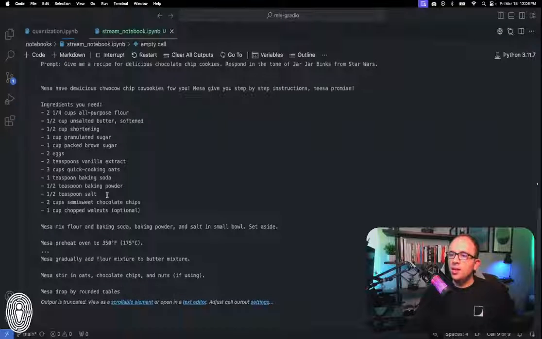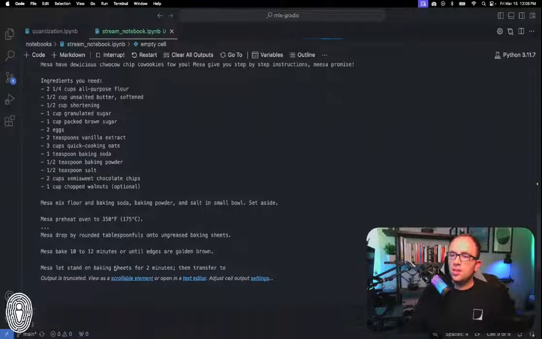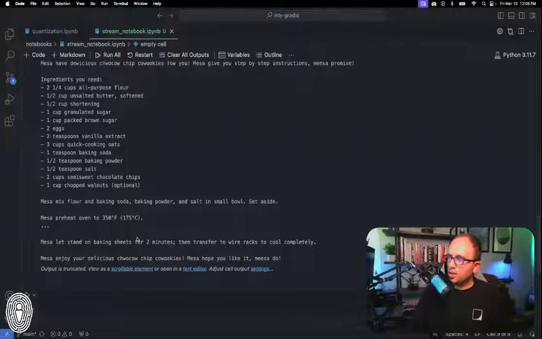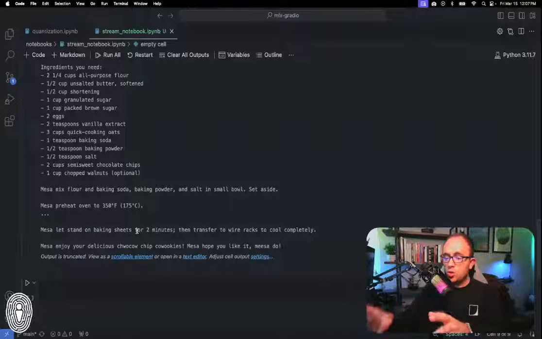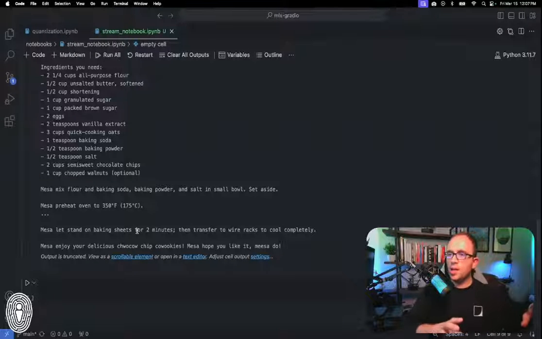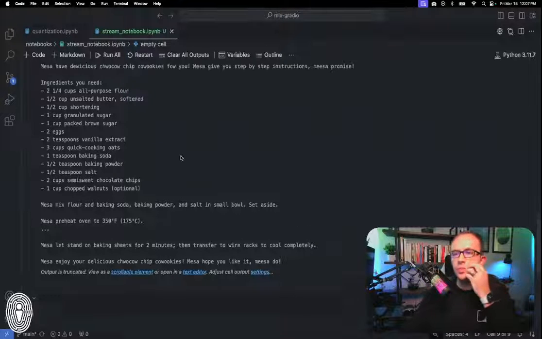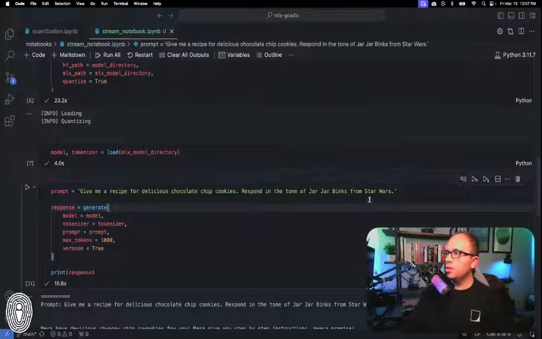All right, so you can see we're really chugging here. And again, this is the idea where we can do this on a Mac, or as I was saying, with the Swift version of MLX, you can do the same thing on an iPhone, and I think that's extremely cool, or an iPad, or a Vision Pro. So let's do one more